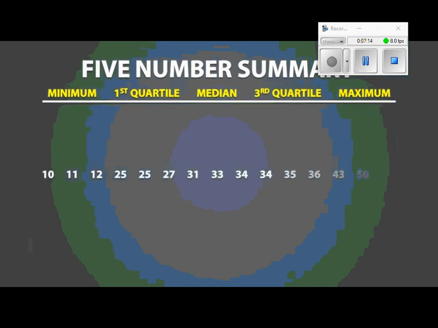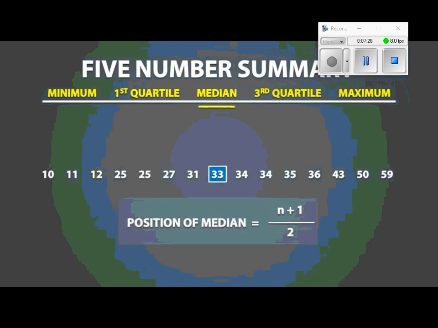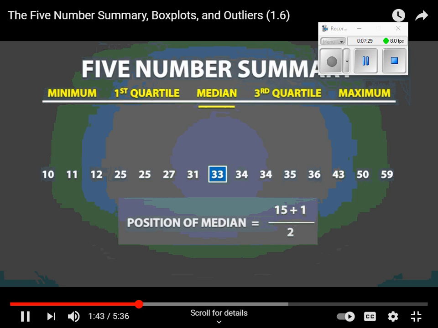So let's determine the 5-number summary for the following data set. We'll start with the median. To find the median, you can look for it visually, and you should find that the median is equal to 33. You can also use the formula to find the position of the median, and we find that it is in